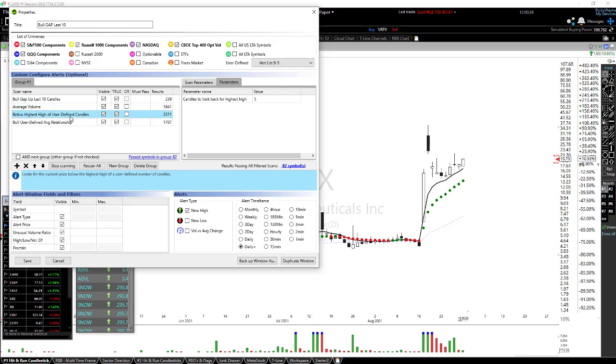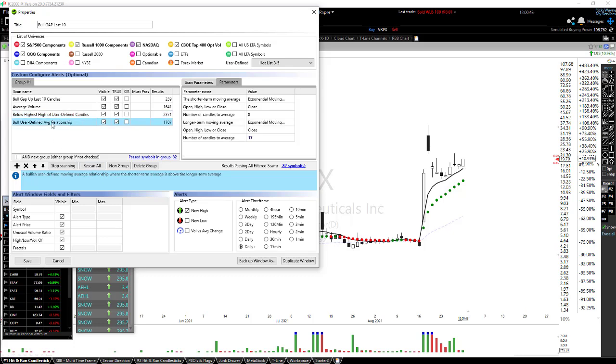This right here has become one of my favorite alerts. And that is just below the highest high in the past 5 days. And then this right here just gives me a little bit of trend, because I get a little testy from buying off the bottom.